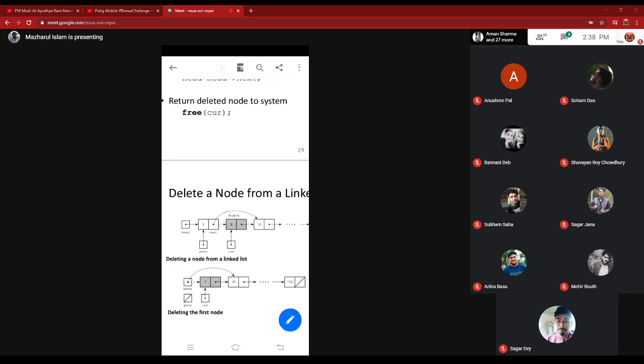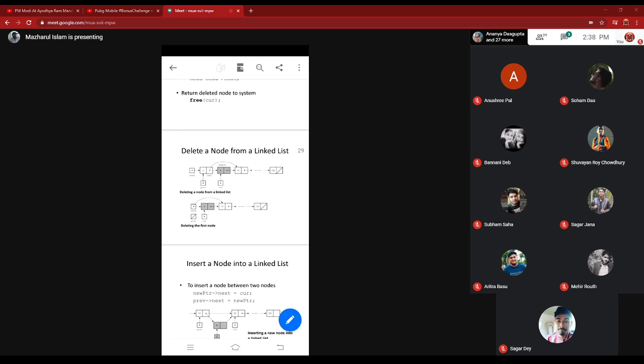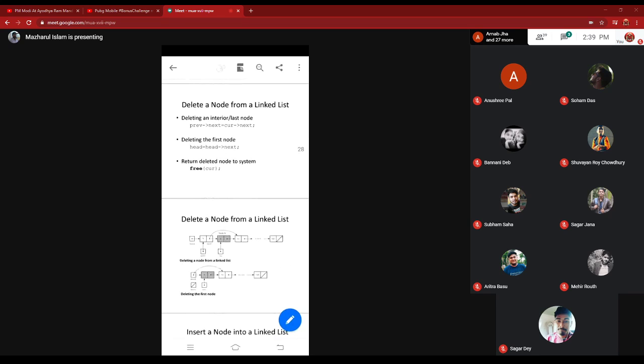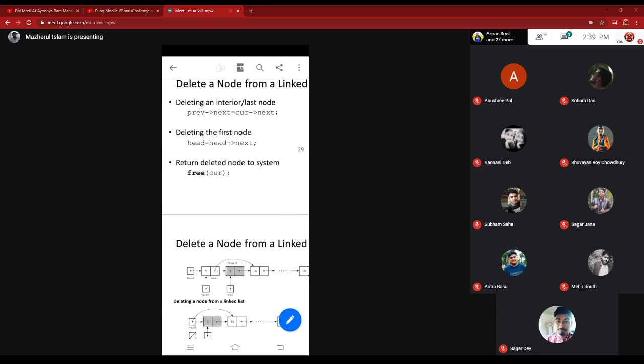Now if you want to delete the first node, then head = head->next. Deleting the first node is written this way, this logic you have to write down. This is your understanding. Now when you write the code, you have to impose this logic on your code.